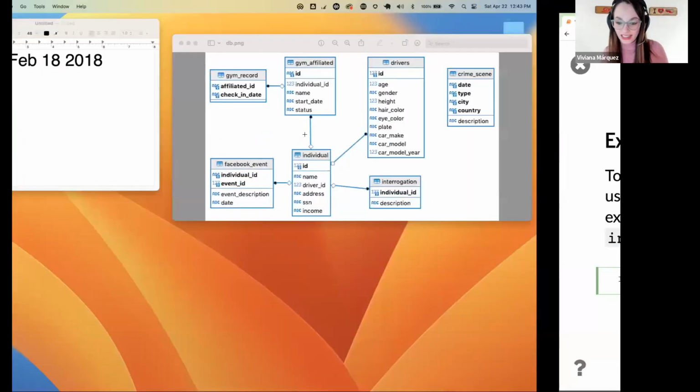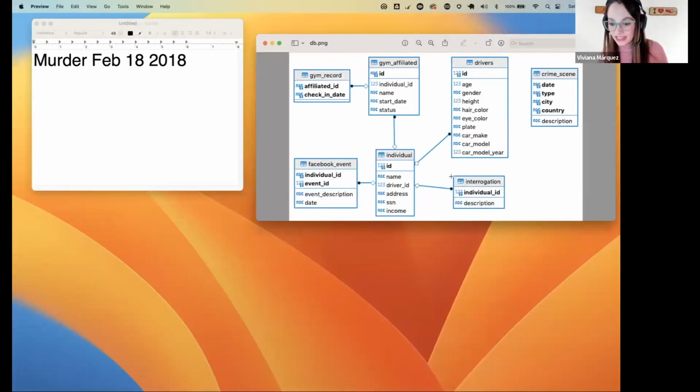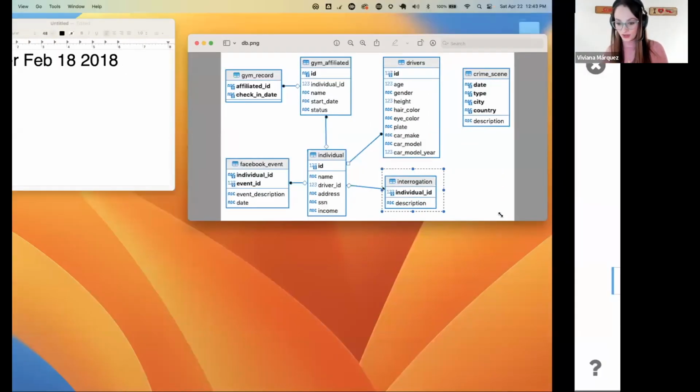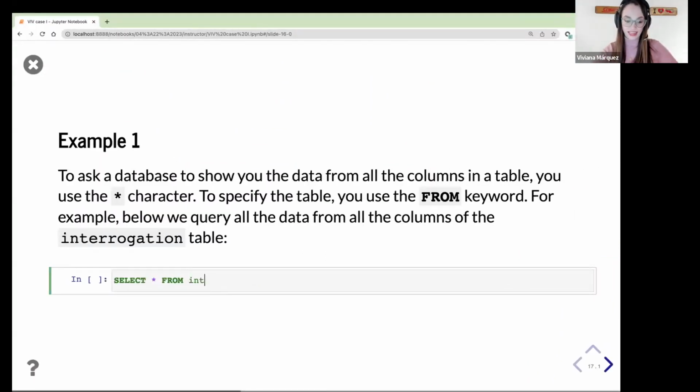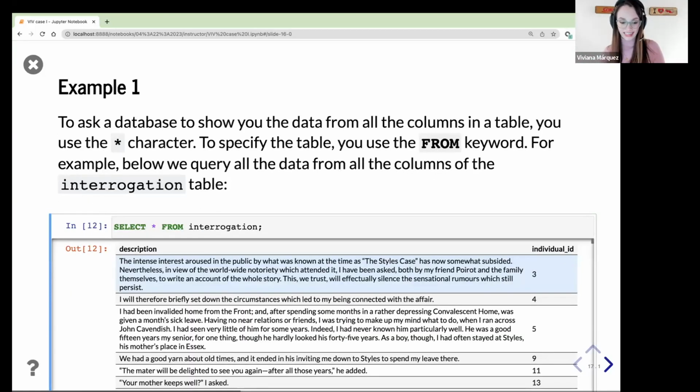So let's look at the tables here. Let's do interrogation. So the interrogation table. So interrogation and semicolon, and then shift enter again. And I see my table with my description and individual ID. It only has those two. Individual ID,